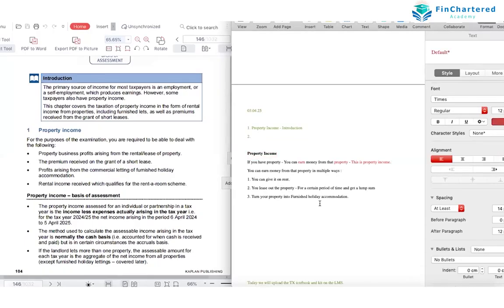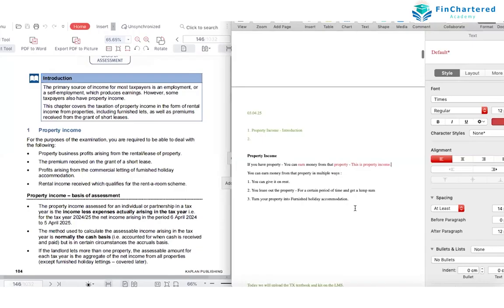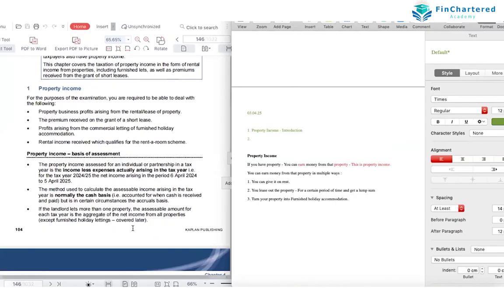The next thing that we are going to look at is certain important dates and timelines. Okay, and I would want to say basis of assessment. Basis of assessment paragraph. What do I mean by basis of assessment? Again, you need not look at the textbook. I'll explain it. But normally,